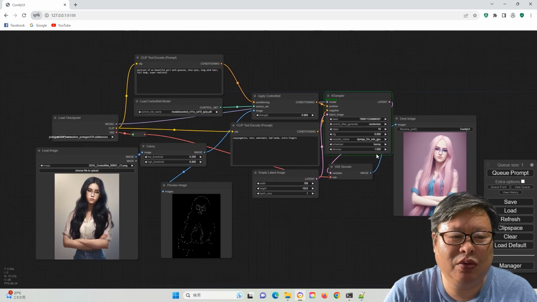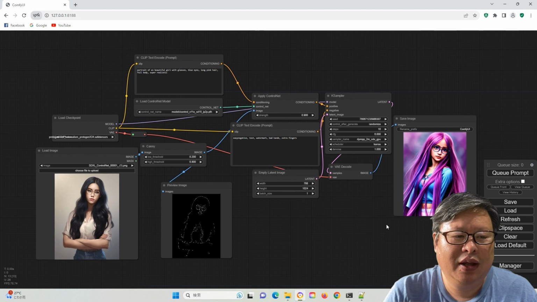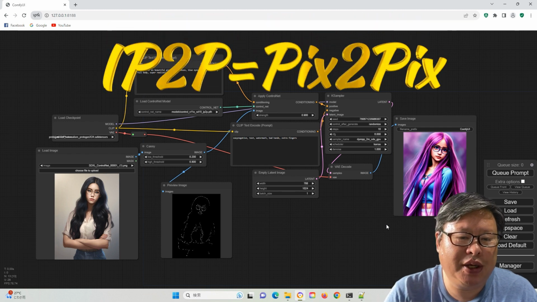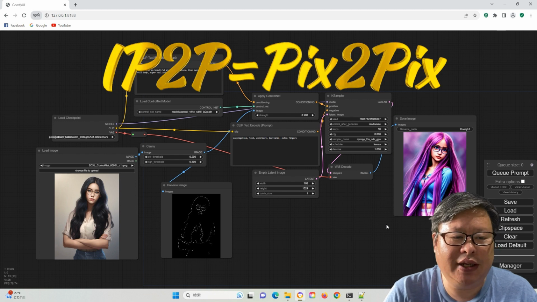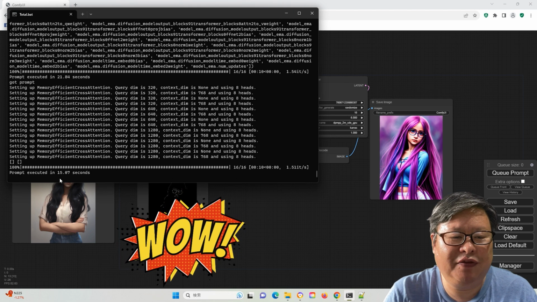Now let's explore another ControlNet model, such as IP2P. While most aspects work seamlessly, one notable difference arises in the final output image. This can be attributed to IP2P's influence on pixel-to-pixel, potentially leading to the structural similarities. In the generated image, this time the speed is even faster. It only took 15 seconds.